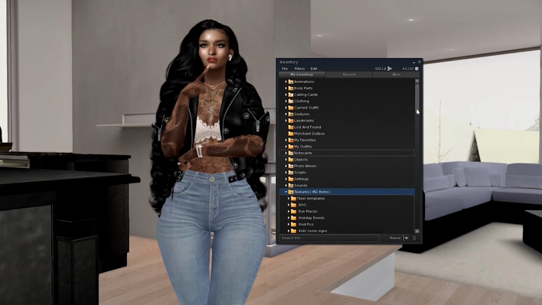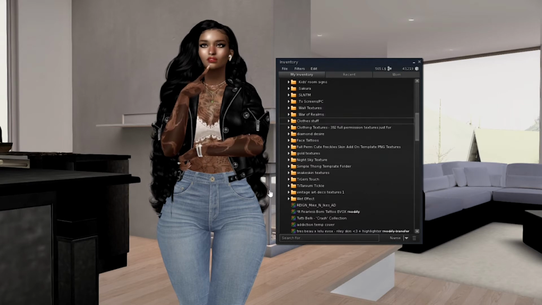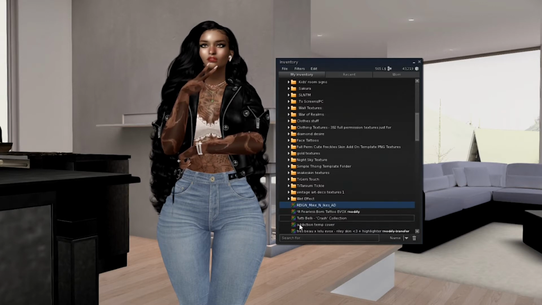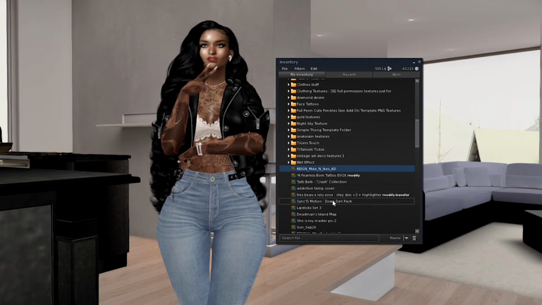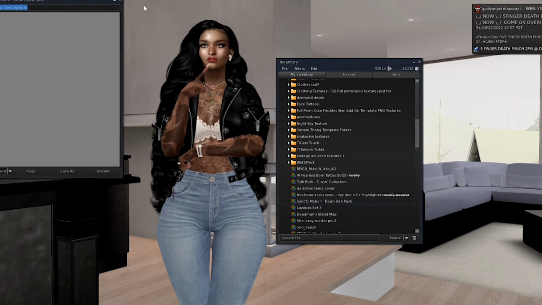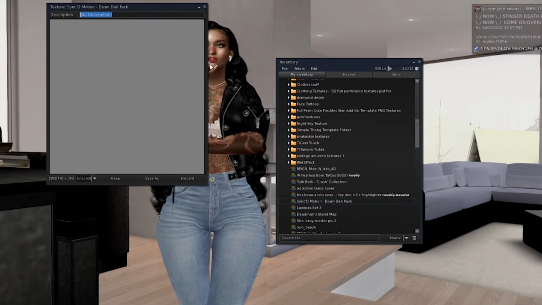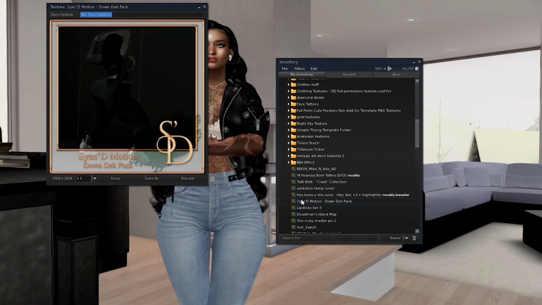Textures can be textures that you import. So when you upload a photo from your computer into Second Life, it'll come here into your texture area. Textures can also be sent from different groups that you might be in for an ad or something, and that's what will end up over here.